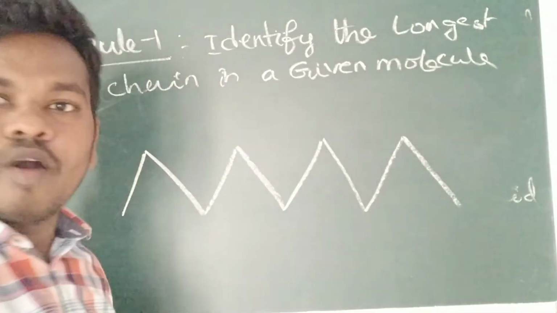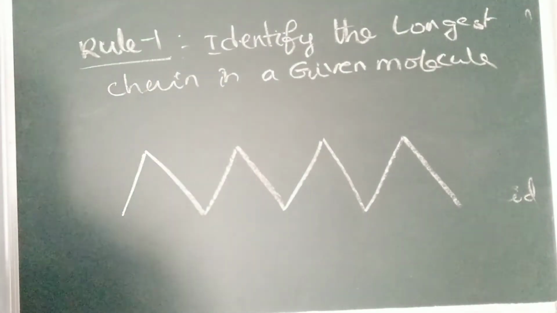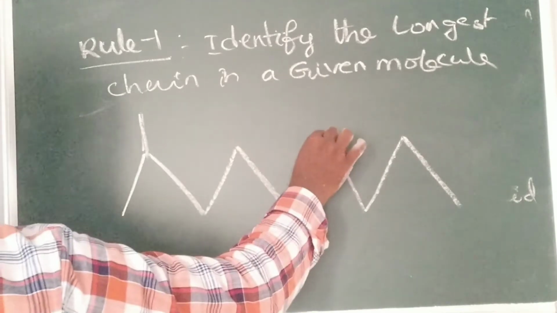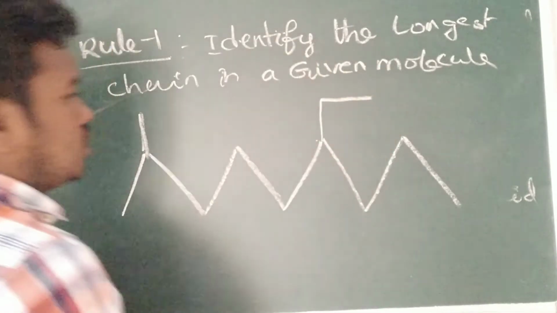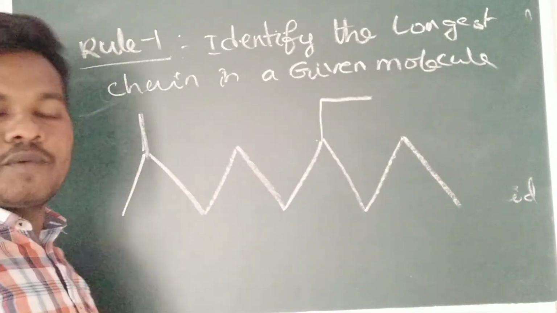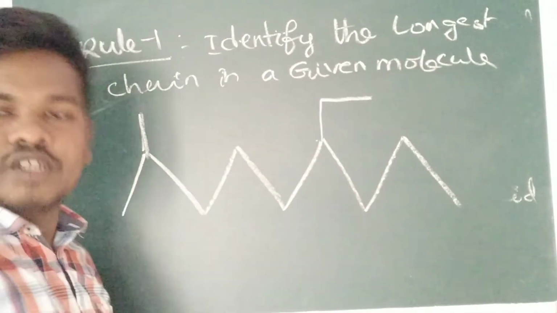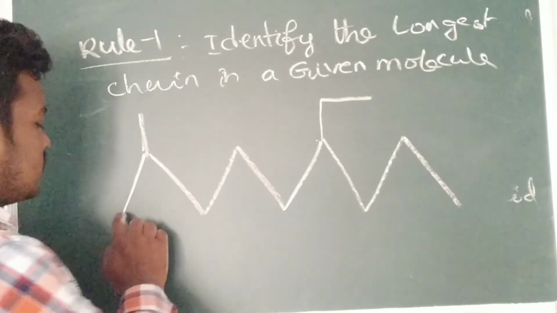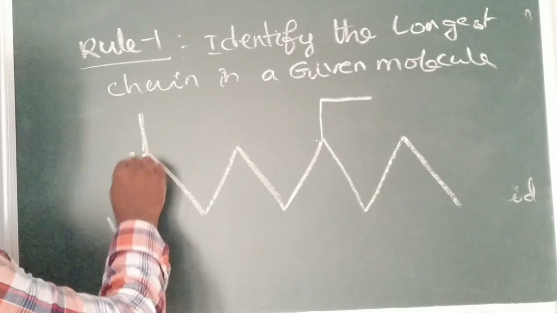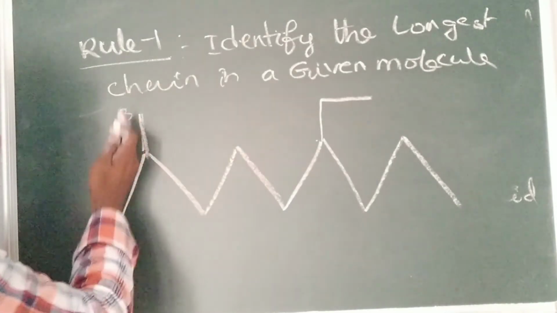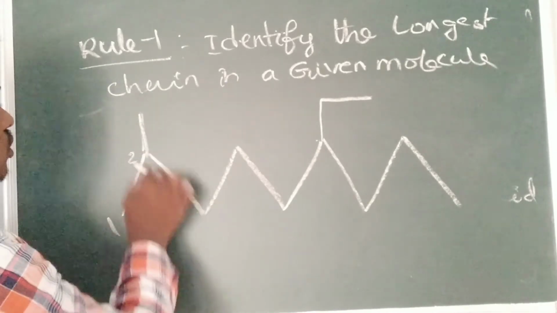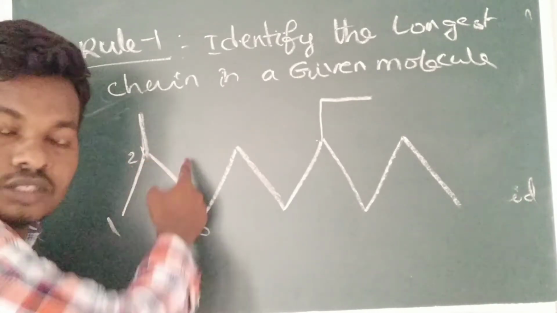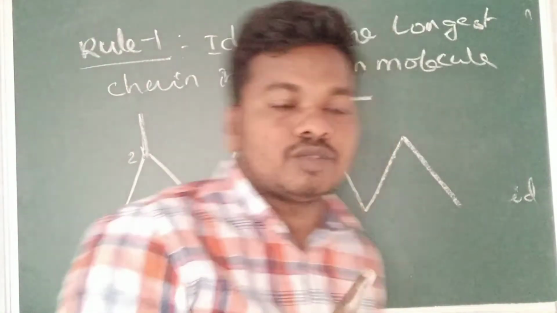Last class we learned bond line structures. From left to right or right to left, whatever it may be, the initial step is to identify the longest chain having the carbons. So you can see here 1, 2, 3. Like this, you can see this small chain. This is not a long chain. 1, 2, so it will become a substituent. 1, 2, 3, substituent or branched chain. Just now we discussed what we call a branched chain and a substituted chain.